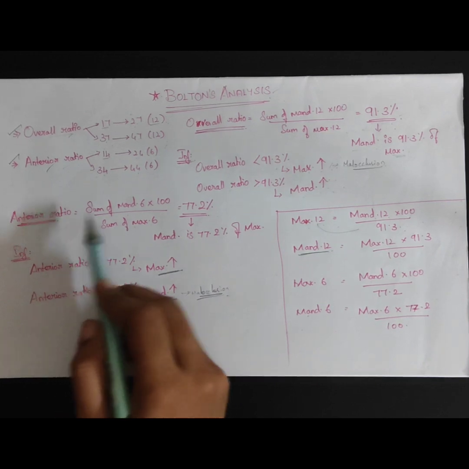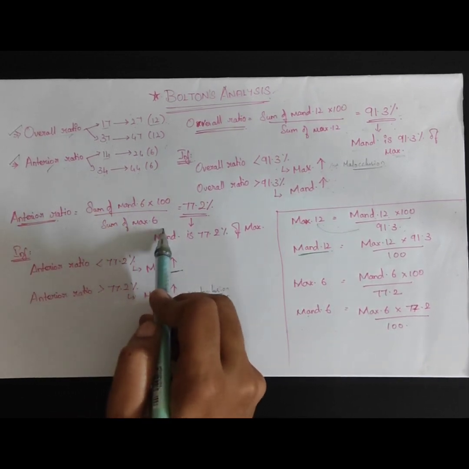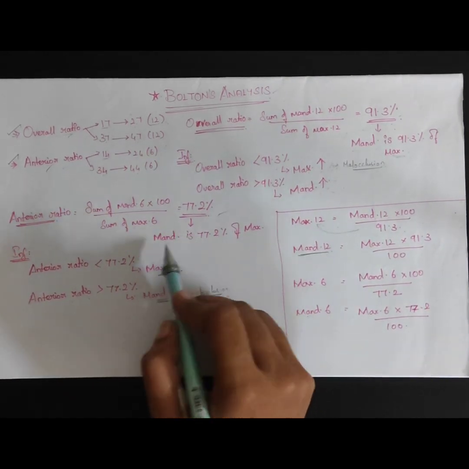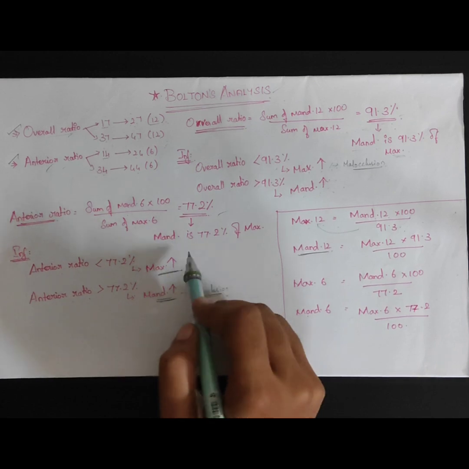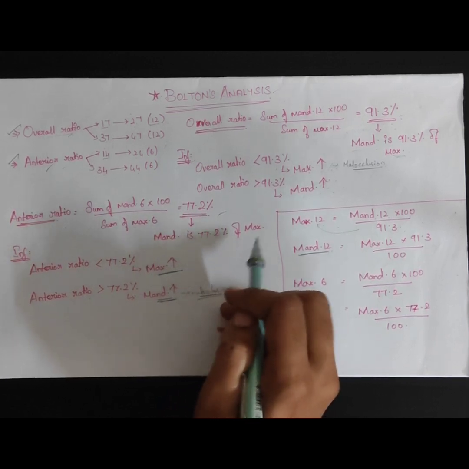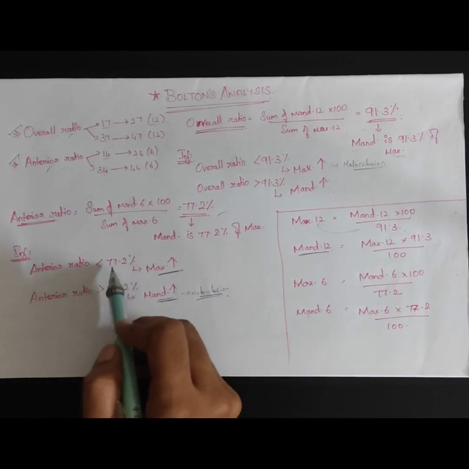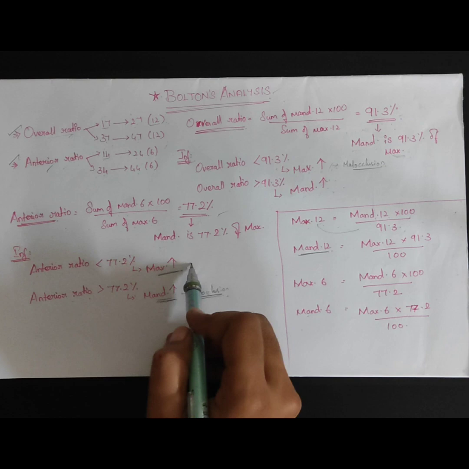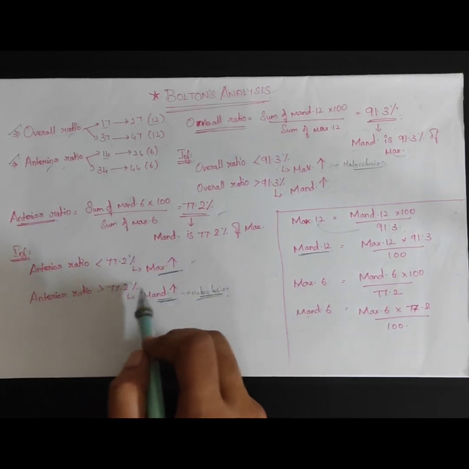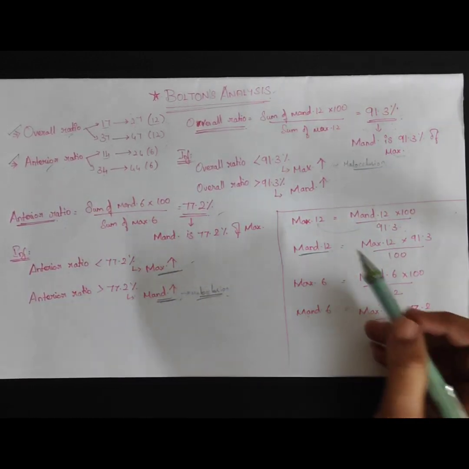For anterior ratio, the formula is also the same: sum of mandibular 6 into 100 divided by sum of the maxillary 6, which is equal to 77.2%. So the value is that mandibular tooth material is 77.2% of the maxillary tooth material. So the inference goes like: anterior ratio less than 77.2% is maxillary discrepancy, and anterior ratio greater than 77.2% is mandibular discrepancy. So this is the formula used to identify the maxillary and